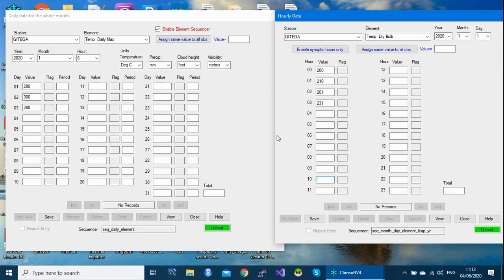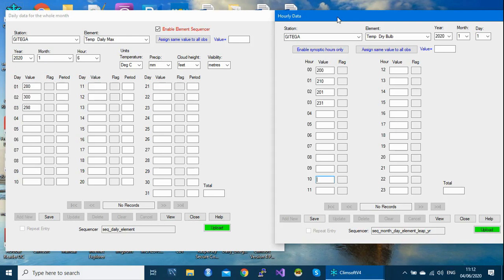And then there is also this total box. Some elements need this value. For example, for precipitation, you may need to check the total. So there is this total value box on most of the forms.